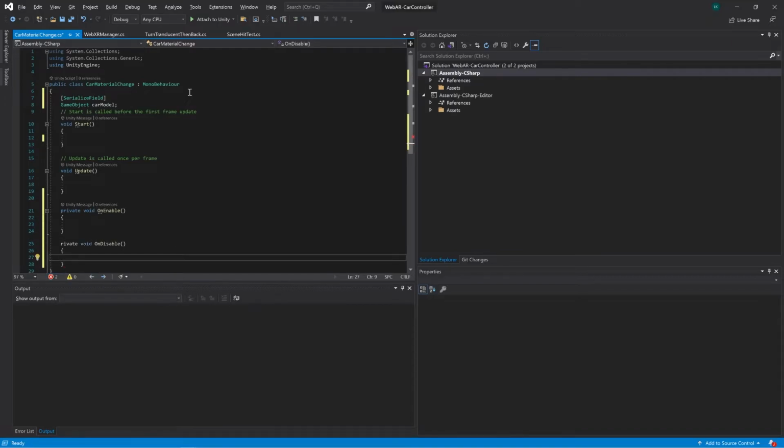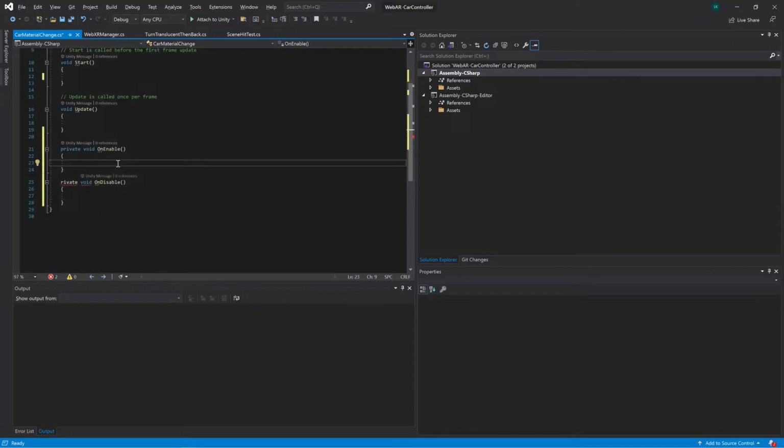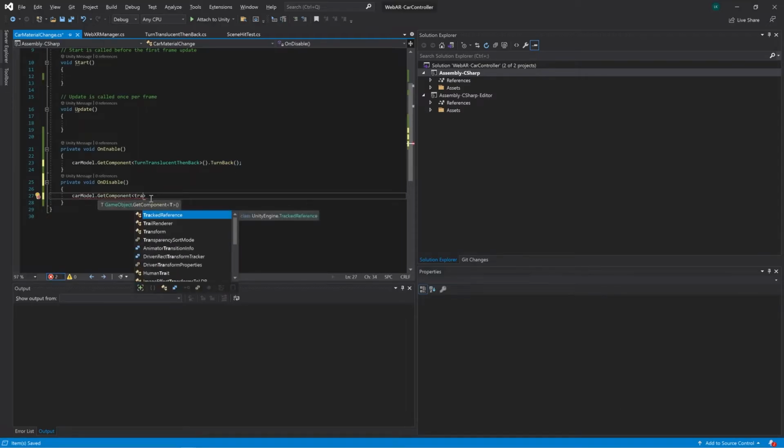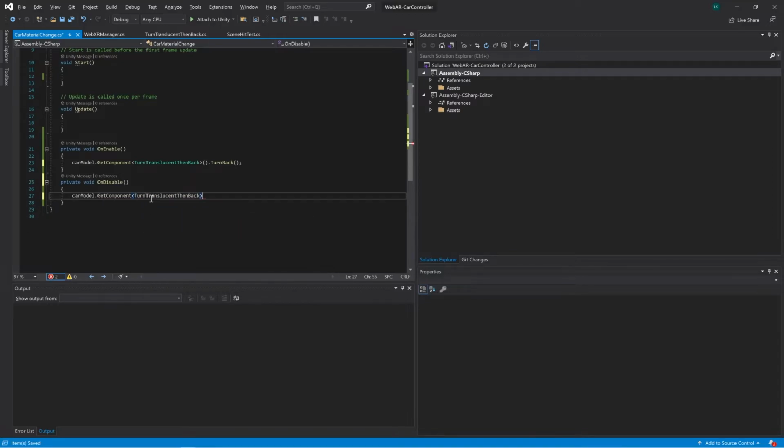So I'm having OnDisable and OnEnable, and I'll be placing translucent and back in these particular functions. The same thing you can copy and paste here as well, or type it again like me: turn translucent, same class with a different function. So yeah, I think this will be doing the job, right?